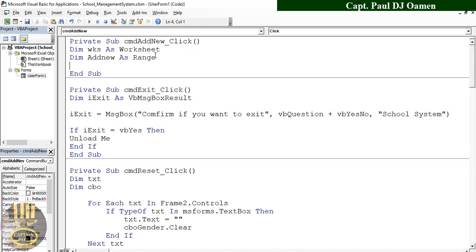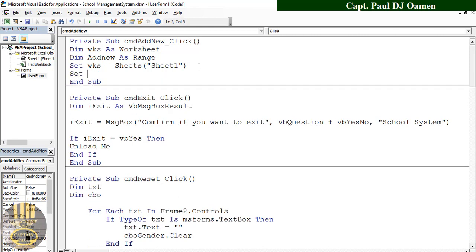There. And what else? Now I'm going to set worksheet. This WKS equals the very first worksheet. The worksheet that I have in there, I only have one anyway. So let's open up a bracket and just put that in there. Close that. Use uppercase here. There we go. So this should have been one. Worksheet 1. Now set add new. Okay, let's make this uppercase. Yes, I know. I'm gonna make that uppercase. Add new equals